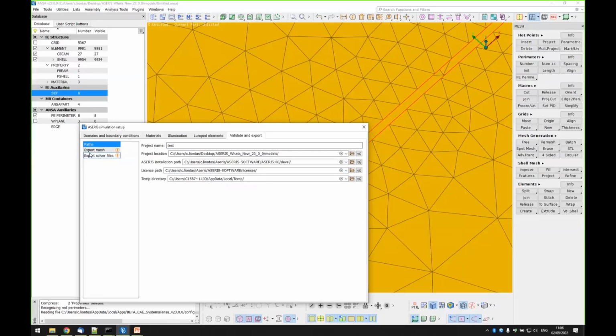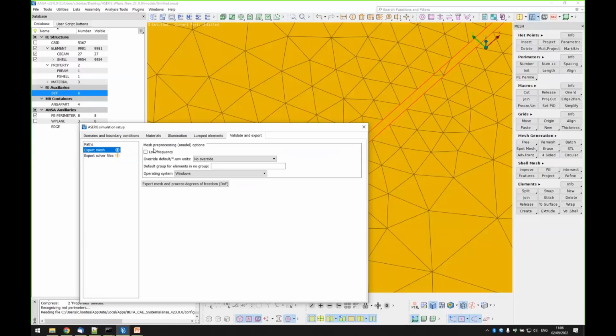And after defining the paths, you go to the tab of exporting mesh. Here you have some pre-processing options. For example, the low frequency option is used whenever the wavelength of the radiation is much larger than the edge length of the mesh. But this is just for the user. He has to know whether he has to use the low frequency or not. There are also other options like overriding the default UNV units or not. And there is also an option for exporting all the executables for either operating system, for Windows or for Linux. The pre-selection is the current operating system.